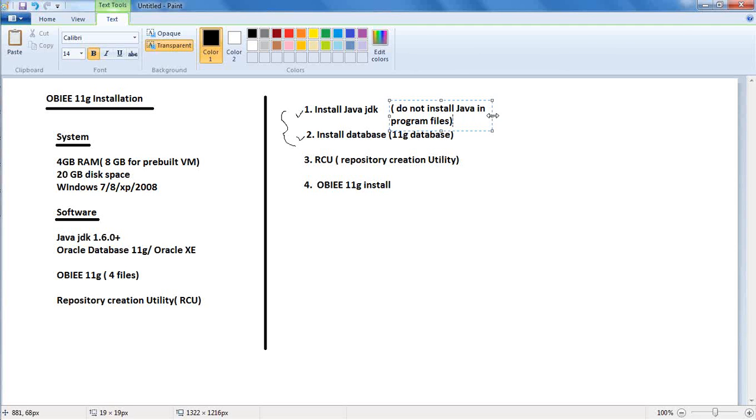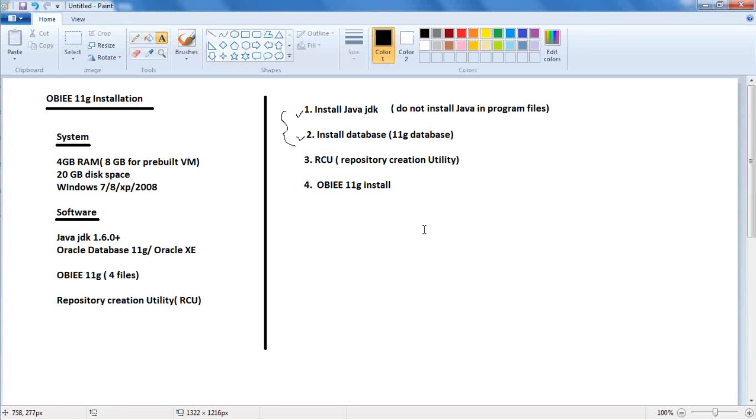We shouldn't install the Java in program files. When you double click on the Java installation, the default location that it gives is the C program files kind of location. Within program files, there is a space, right? Because of that space,